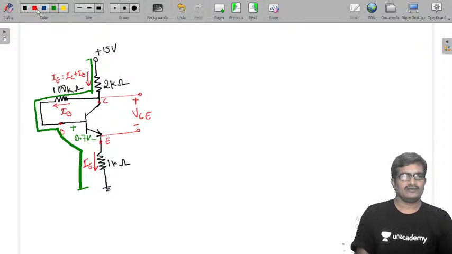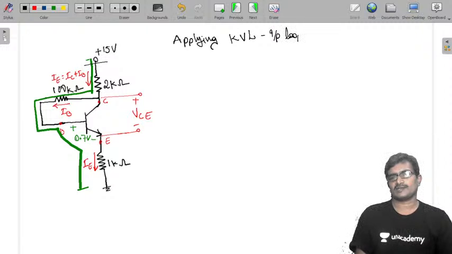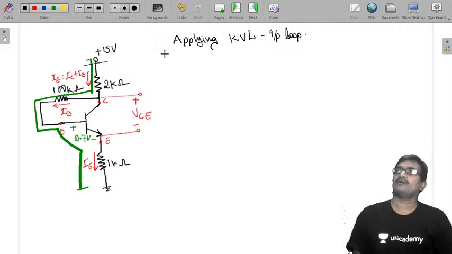Now 15 volts equals, just applying KVL to the input loop,